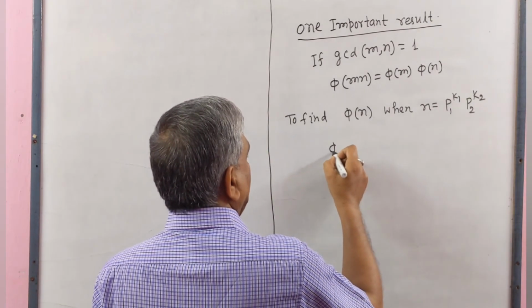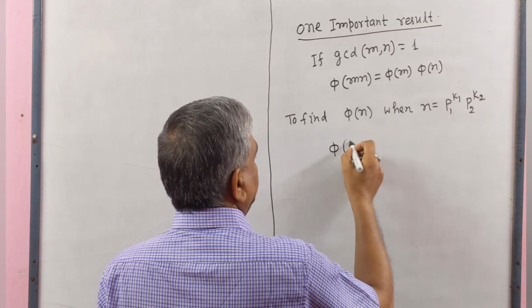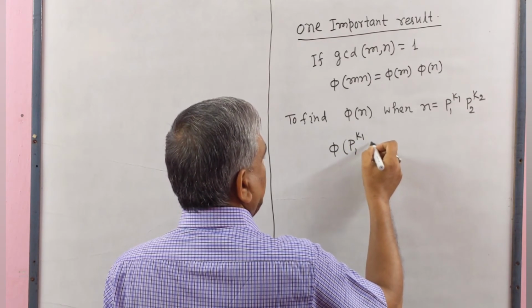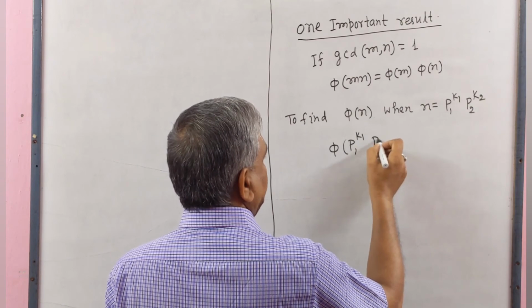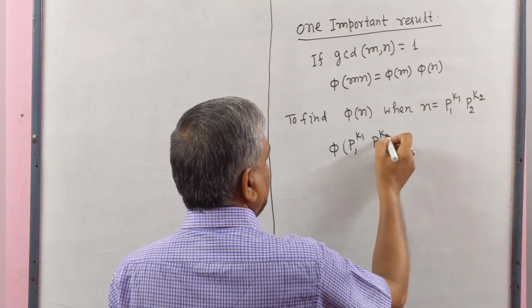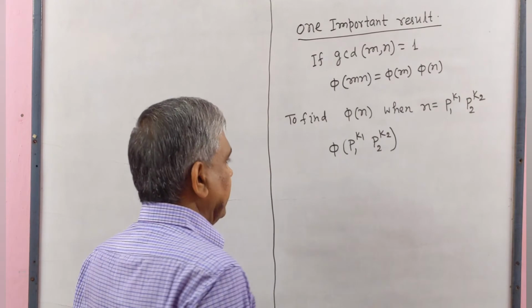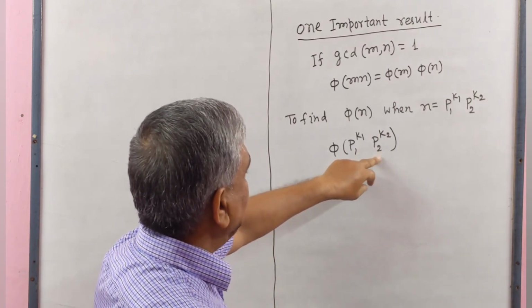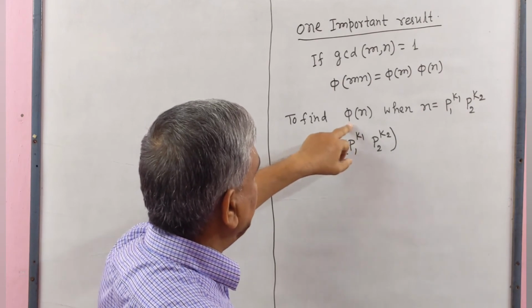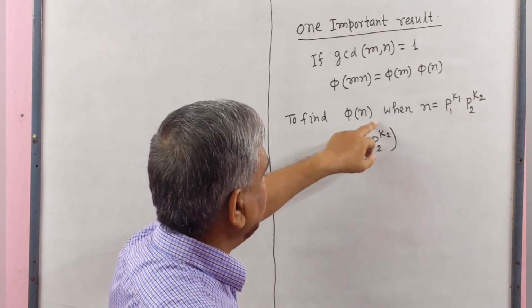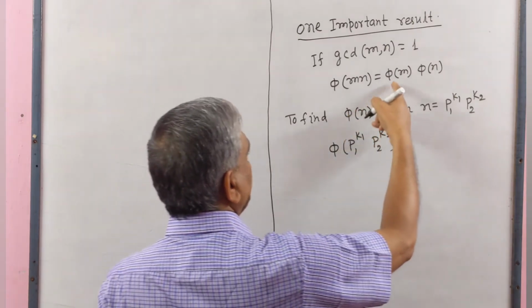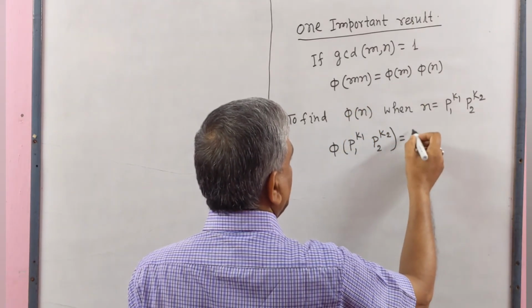Since phi of P1 to the power K1 multiply P2 to the power K2. Here, since P1 and P2 are prime numbers, therefore P1 to the power K1 and P2 to the power K2 are relatively prime to each other. Therefore, we may use this result: phi